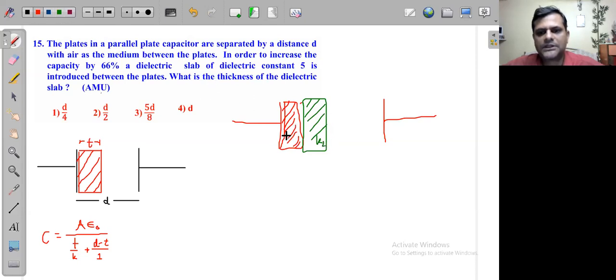The first one is having the dielectric constant of K1 suppose, and suppose the third one is also there. ये तीसरा भी एक डाइलेक्ट्रिक है जिसका डाइलेक्ट्रिक कांस्टेंट यहाँ पे K3 है सपोज, ठीक है, K3,